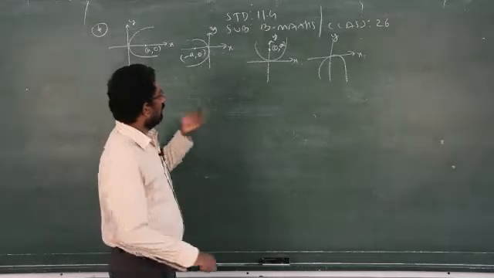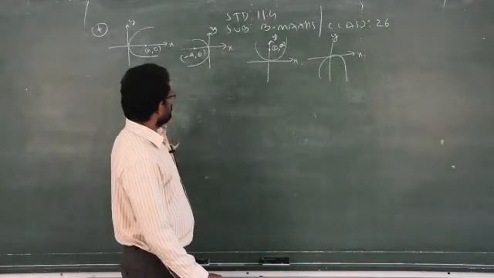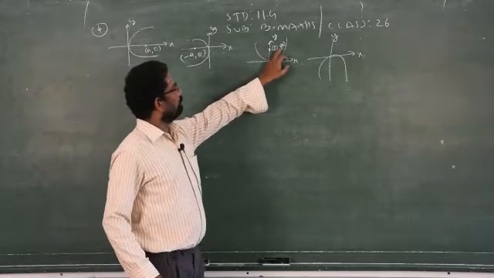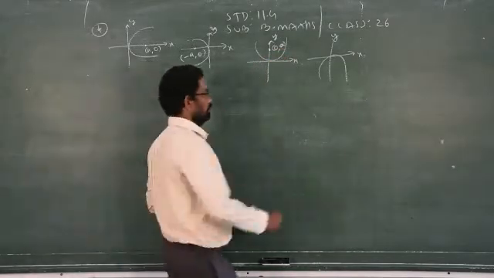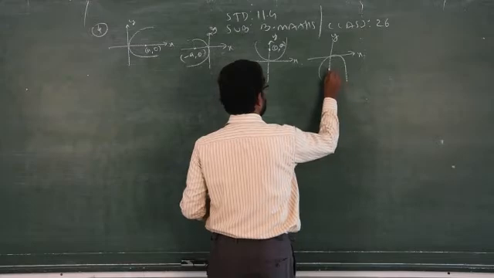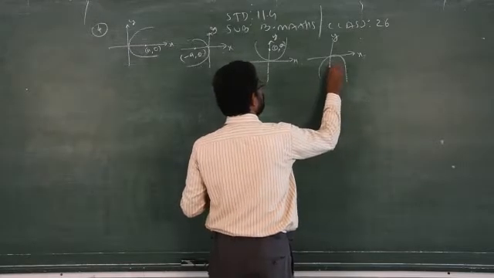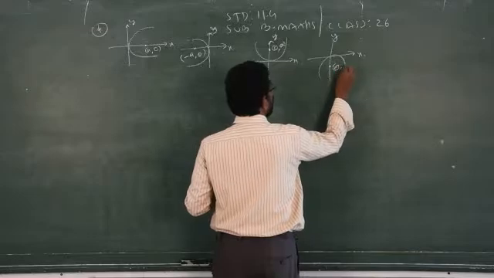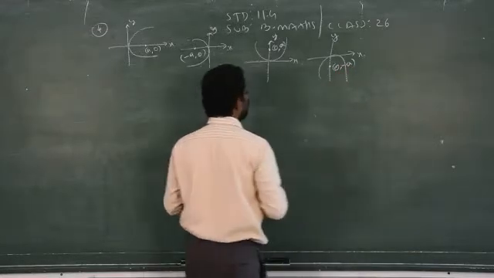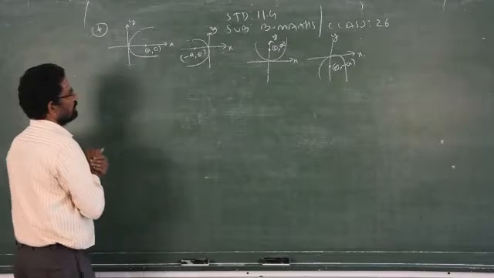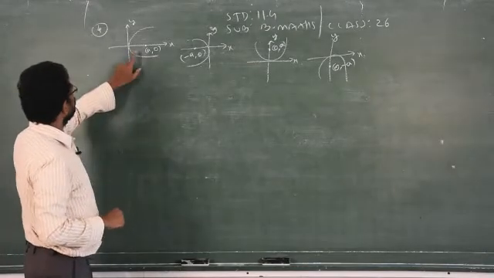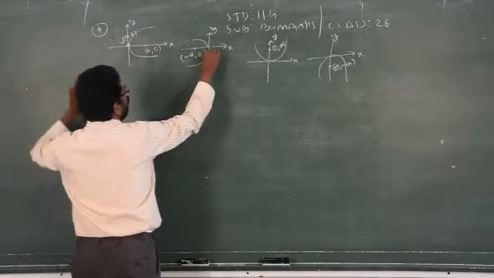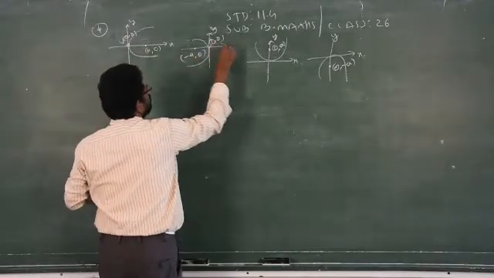That doesn't make any difference. They just use it to differentiate the x-axis and y-axis. You can take 0 comma b or 0 comma a, that is your wish, nothing wrong. Again, this parabola contains the y-axis on the negative side, therefore it will become 0 comma minus a. Clear? So this you have to understand first. Then this is the vertex. Vertex is 0 comma 0. See, all are passing through the origin.